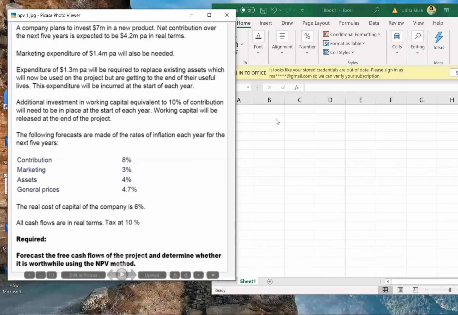Okay, Section C, 20 marks problem. So this problem will be around 14 marks, and then 6 marks will be theory. That is how your Section C 20 marks question will be asked.